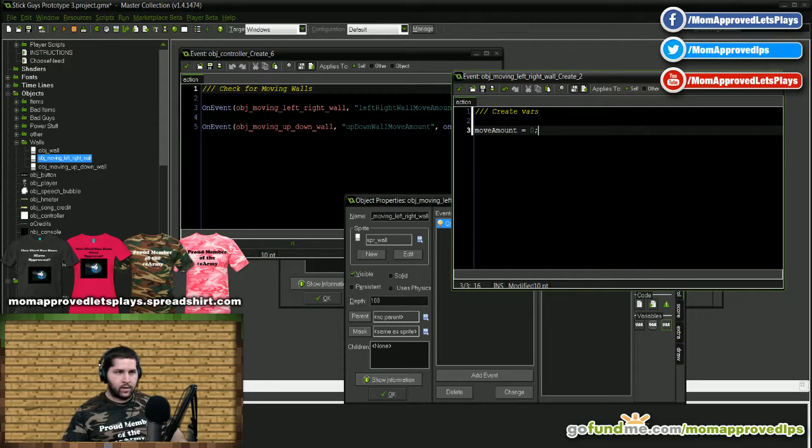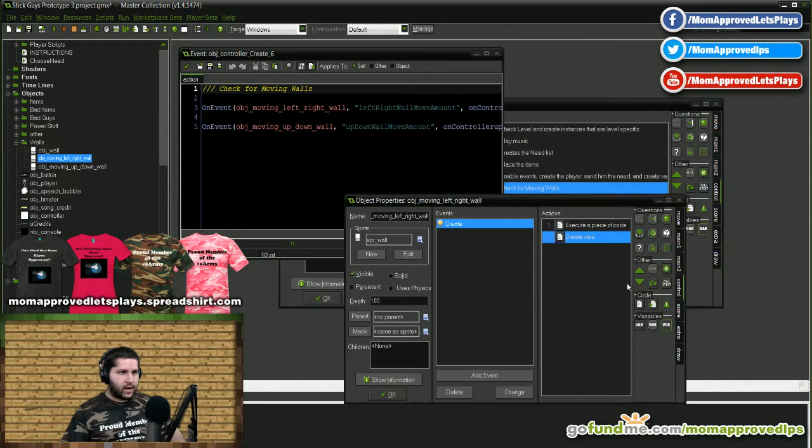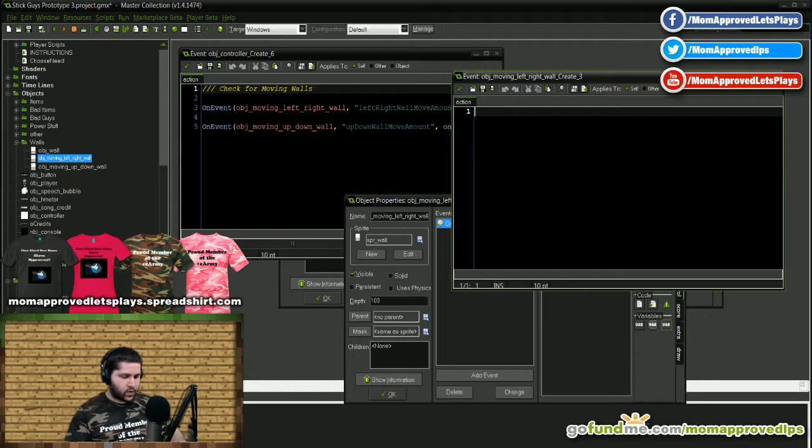And then the one thing I need to make sure is that I don't do this out of order. I believe if I change it, it should change. So we're going to find out when we test this out. We'll get everything in order. But we'll just leave it like that for now. I just want to make sure that gets done first. And this one's going to be send move amounts. Whoops. Okay, so